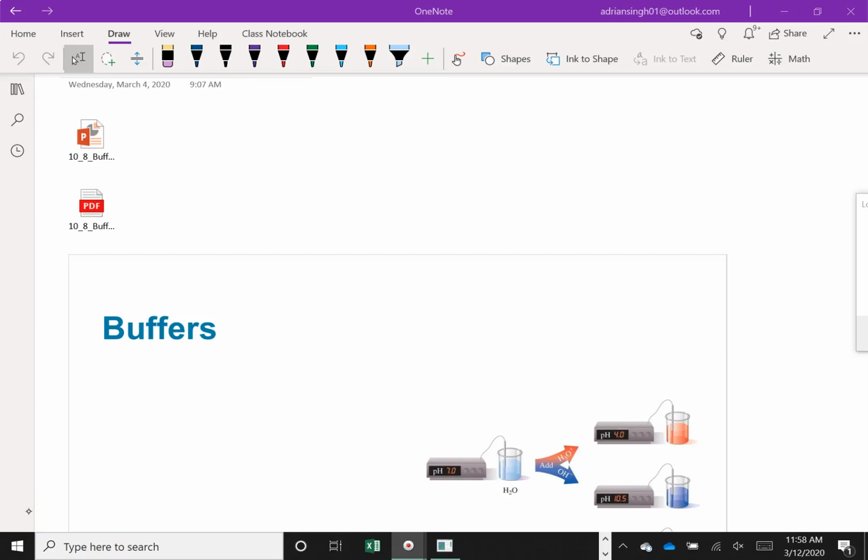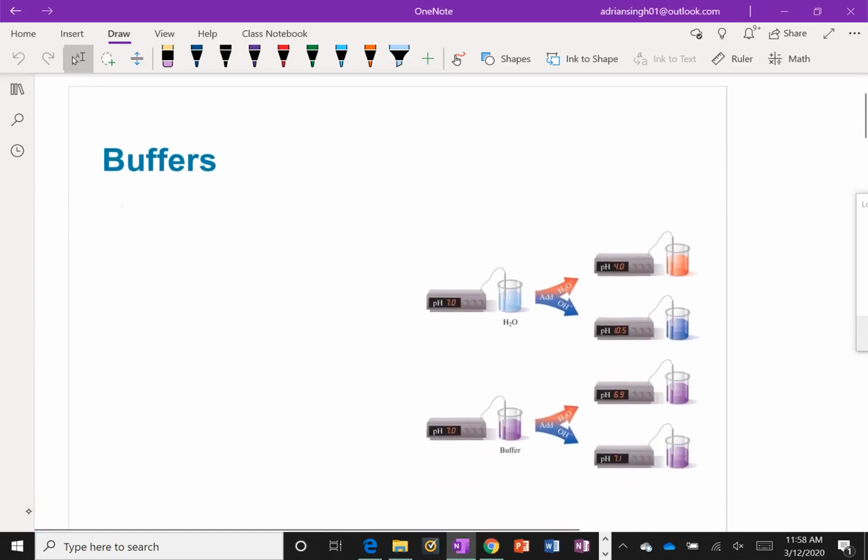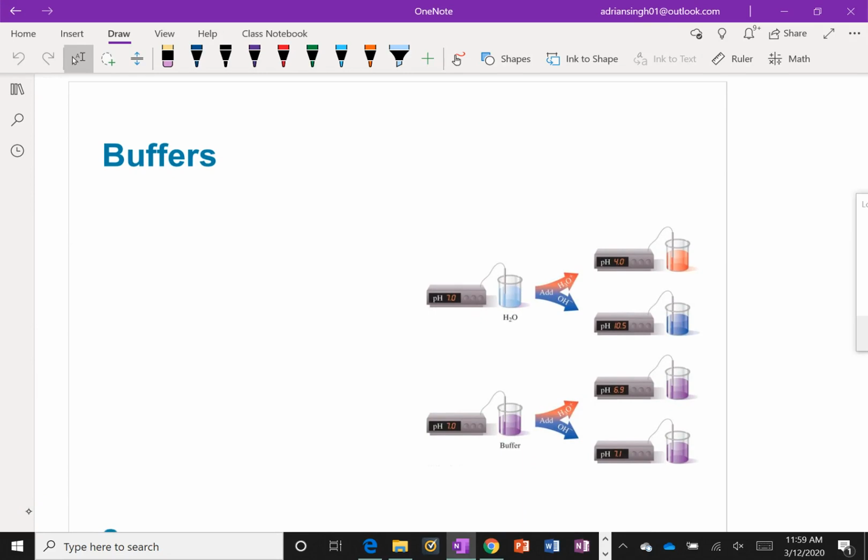Okay, and then the last section of chapter 10 talks a little bit about some of the applications of acid-base chemistry, and specifically what it discusses is the use of and the importance of solutions known as buffers, right? So the first thing we'll do is define what a buffer is. We can define a buffer as a solution